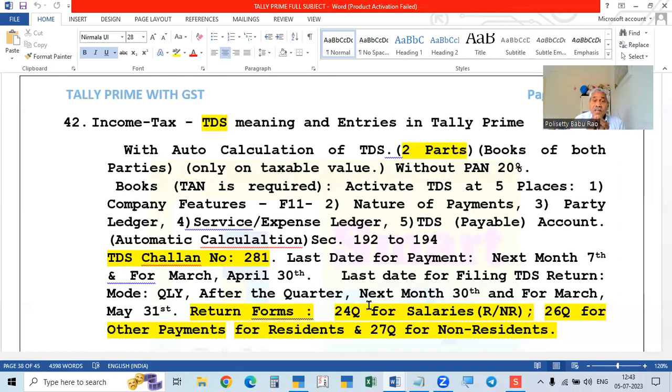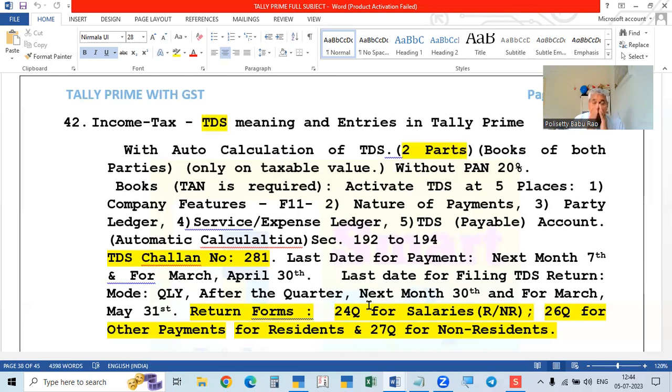And in this case, the amount is deducted every month from different people for different payments. There are many types of payments, and these types of payments are called the nature of payments. We will come to it later. So for all the natures of payments, we will deduct the money.